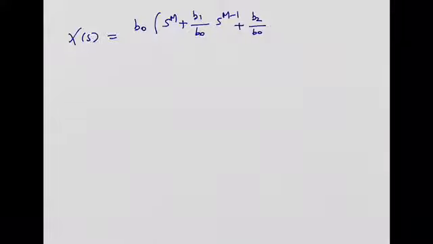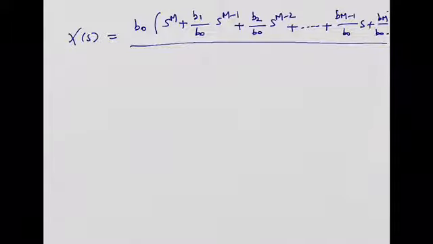X of s is equal to, or let me consider like this, b0 is taken as a common factor outside, so s power m plus b1 by b0 s power m minus 1 plus b2 by b0 s power m minus 2 plus etc. bm minus 1 divided by b0 s plus bm divided by b0